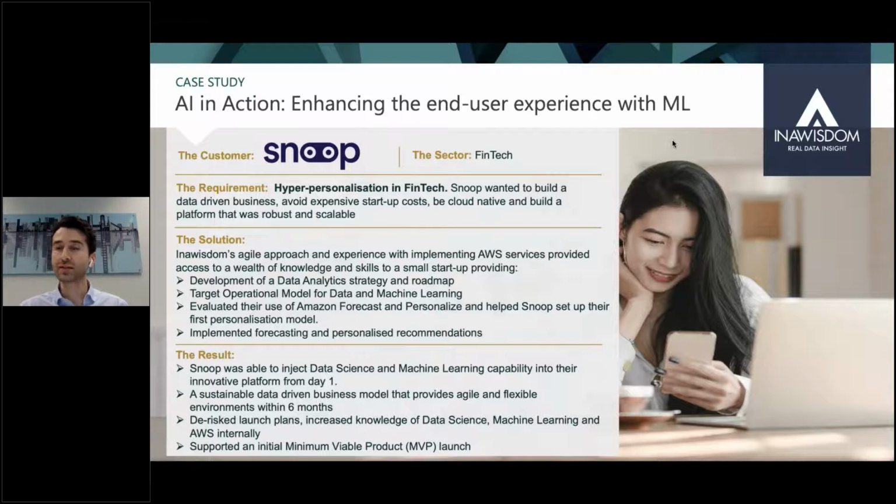But to do that, they had to understand what the customer needs and what the customer buys and really create a personalized tool for every single individual. Now, if you were to do that with traditional analytics, then you need to write rules for every single person and every single product that they purchase. Impossible. That's where AI comes into the picture.